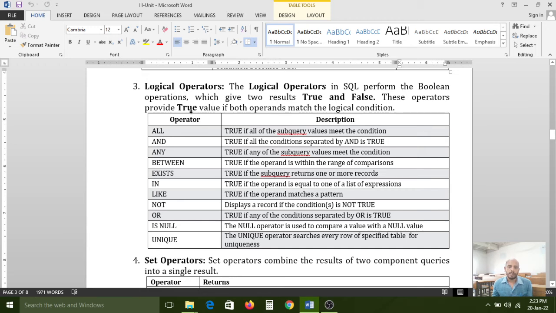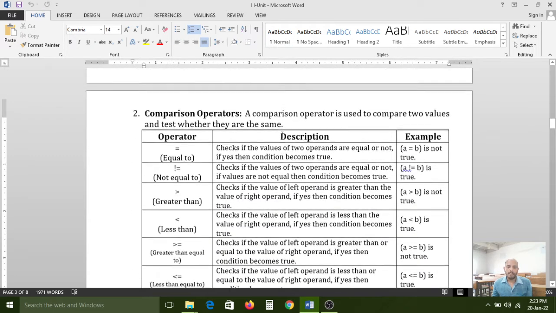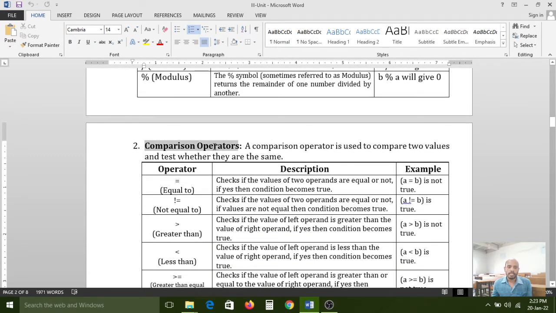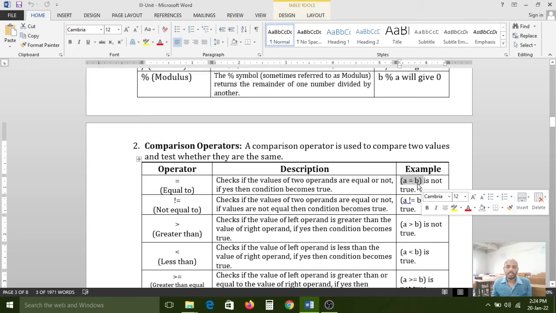These operators provide a true value if the operands match the logical condition. Before, in comparison operators, at a time we are checking only one expression.